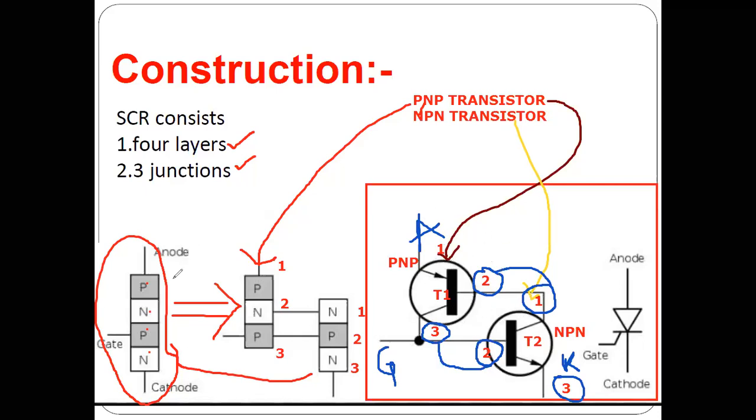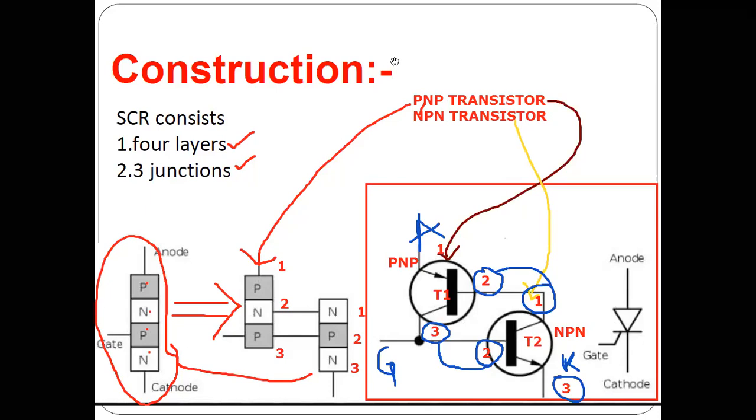So the first thing we need to learn here is the mechanism or construction of SCR in its base form. Then it should be transformed into a transistor model by making use of two transistors, one PNP transistor and another NPN transistor. After this, you have to study the transistor model or theory model, so that you can study in detail the mechanism of that particular model. This is how the construction of SCR goes.